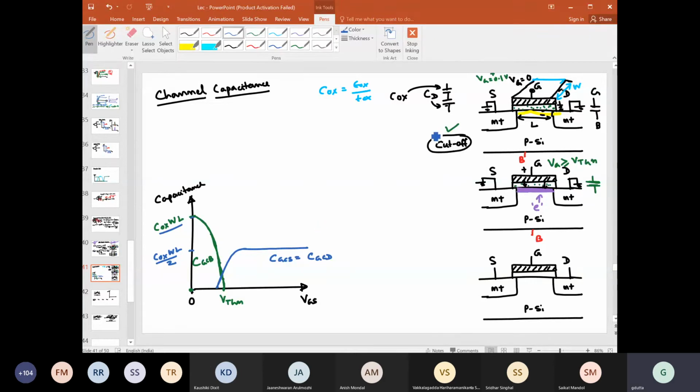Now, if you are interested in the total capacitance, the total gate to channel capacitance, then probably you can just add all the capacitances. So here, if you add this capacitance,